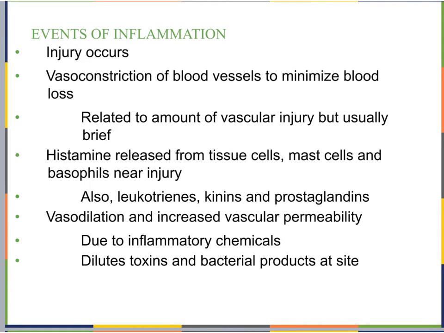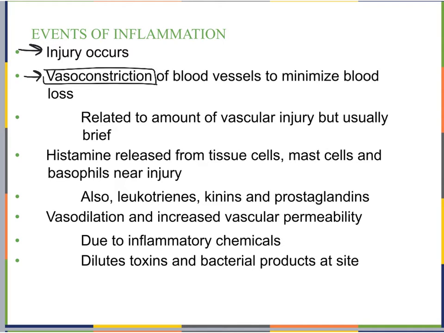So let's take a look at how inflammation happens, what the events of inflammation are. So first we know that there's an injury. So an injury occurs, we cut ourselves. The very first thing that happens after the injury is that we have vasoconstriction of the blood vessels, so to